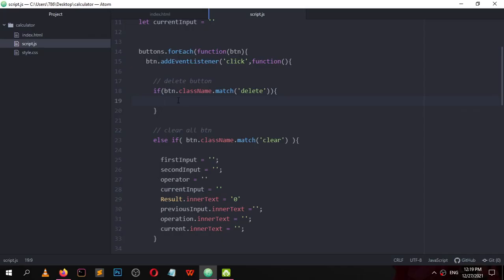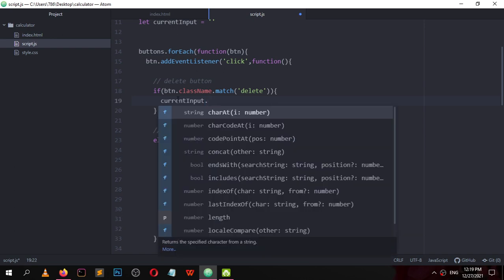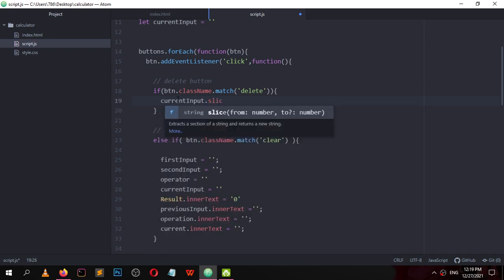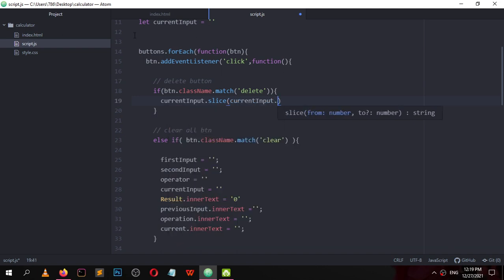So we can select current input dot slice, should start from the length. We don't know the length of this, so current input dot length minus 1 and go to one element.